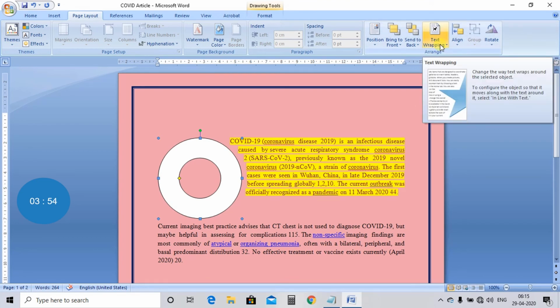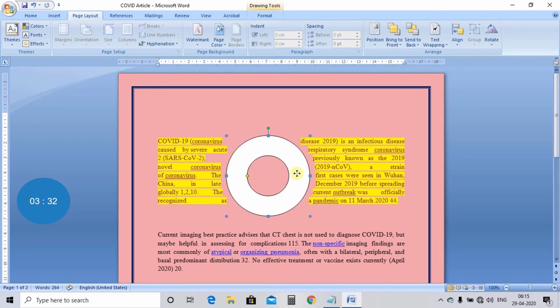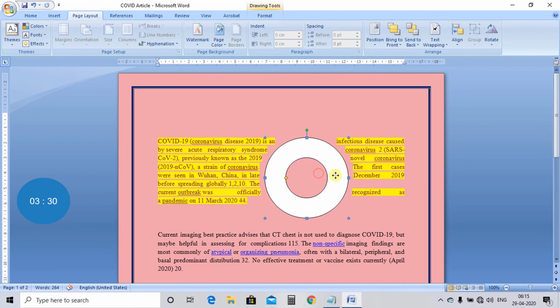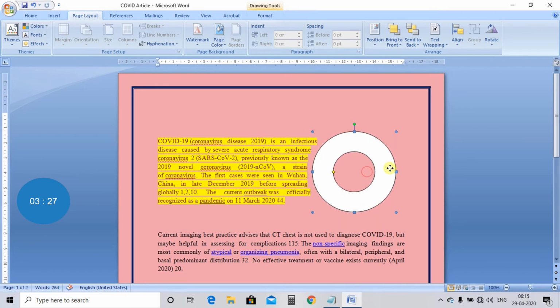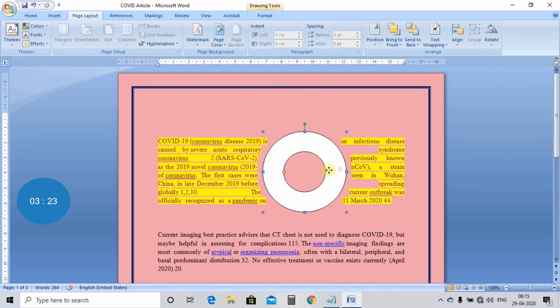Text wrapping is generally used if you want to place an image or a shape in such a way that the text part should be displayed with respect to the shape or image. Means the text part will not be displayed below the image, means you can utilize the complete space of your page. See, if I am moving it, the text part is adjusting itself.